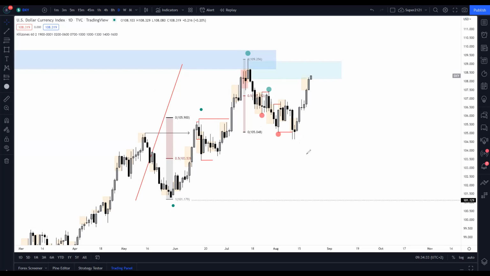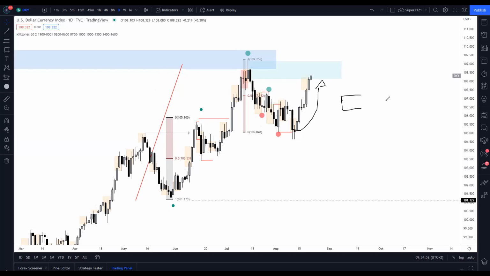Before anything, we're going to look at DXY. For those who don't understand how DXY works, it isn't that hard. It's just simple stuff. For example, if you think DXY goes up like this, just know that